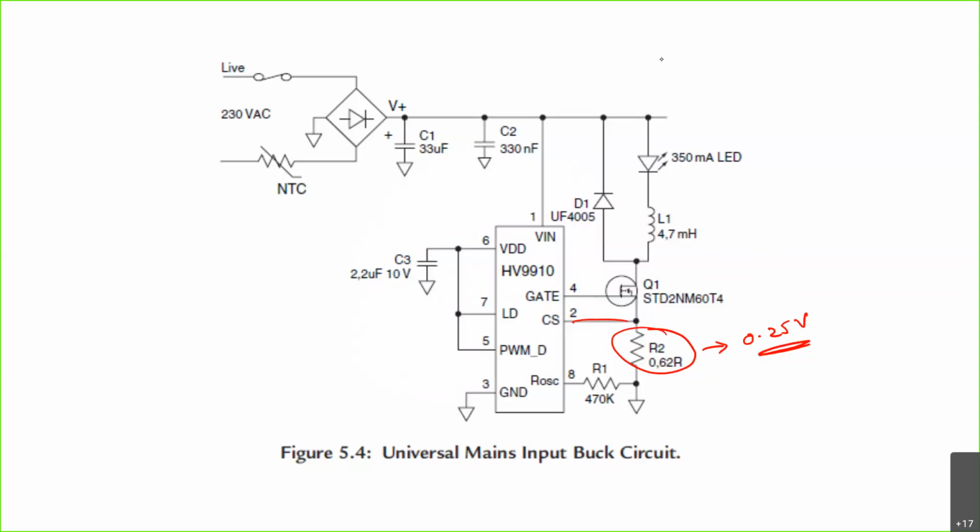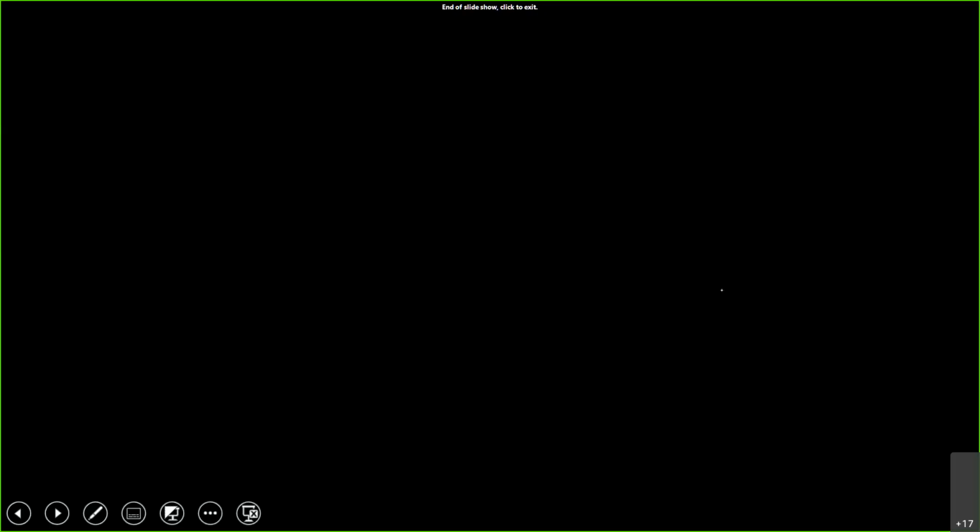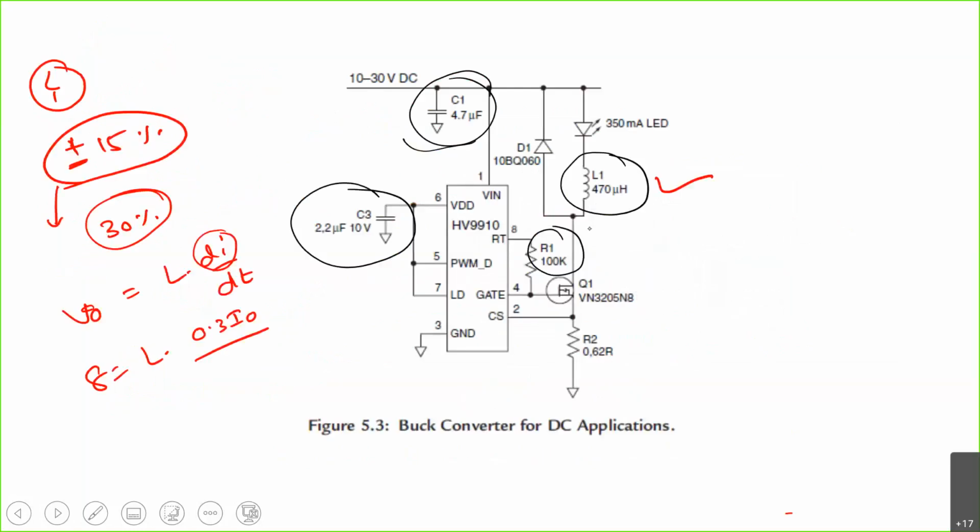I'm audible now. Yes, sir. Yes, sir. Yes. So where it went out? So when you were telling about select the inductor value. At what point? So when you were telling how to select that L1 value. Okay. Understand. Yeah.